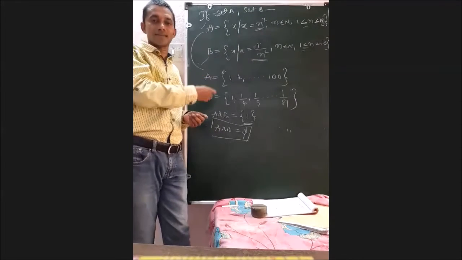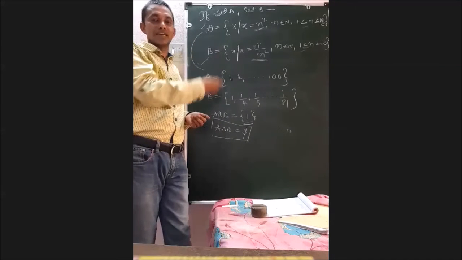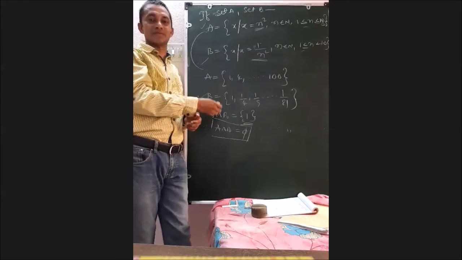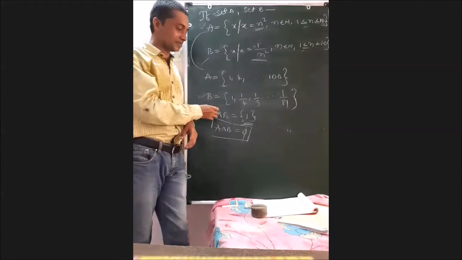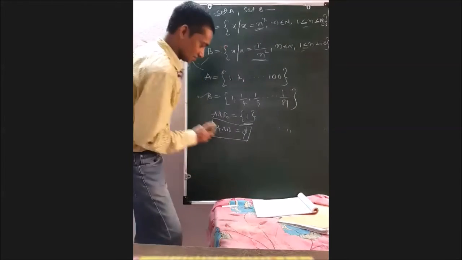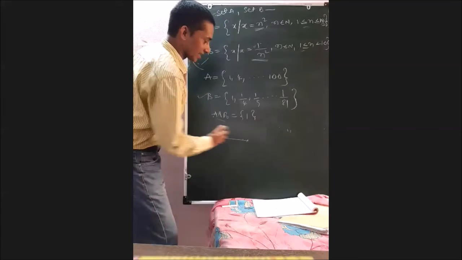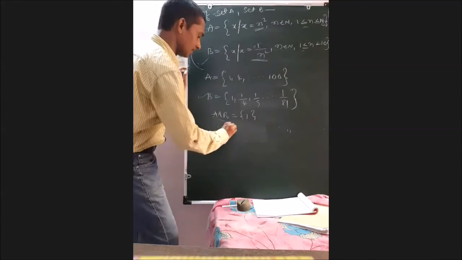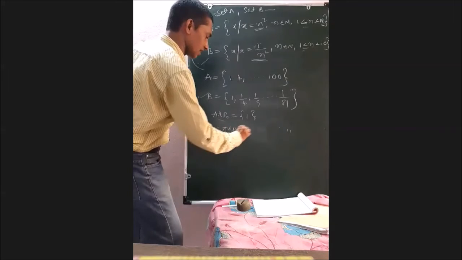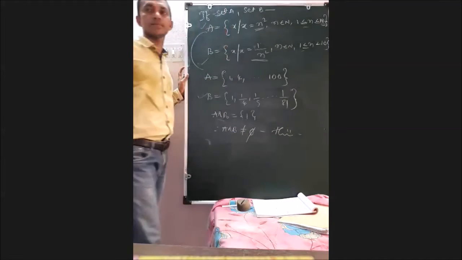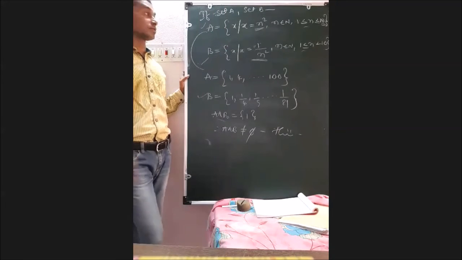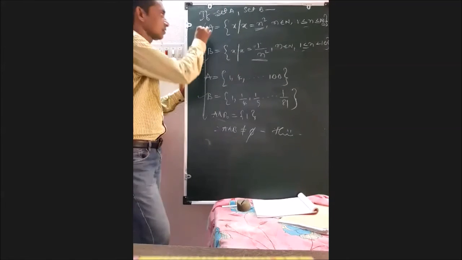So among you, many said "Madam, I said yes," very brilliant. Am I correct or not? So you are brilliant, but you have to be very conscious. Now as A intersection B is not equal to empty set, they are not disjoint sets. So this is a way to prove it.